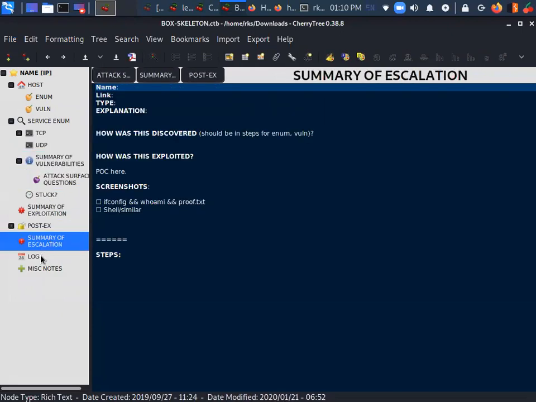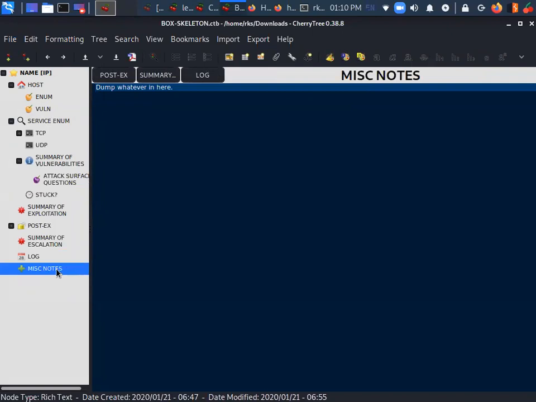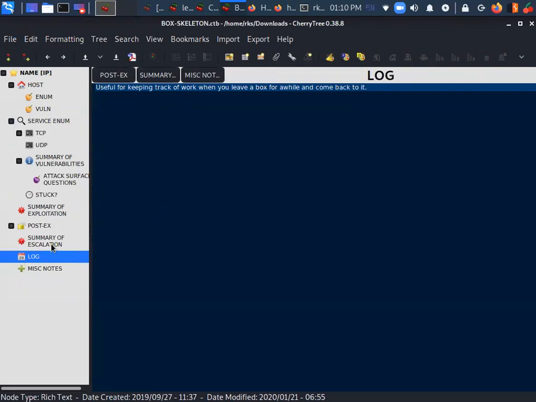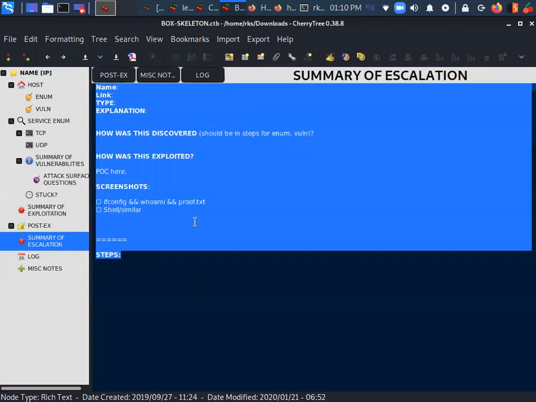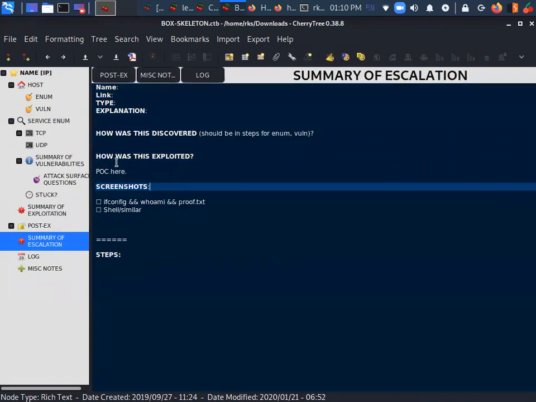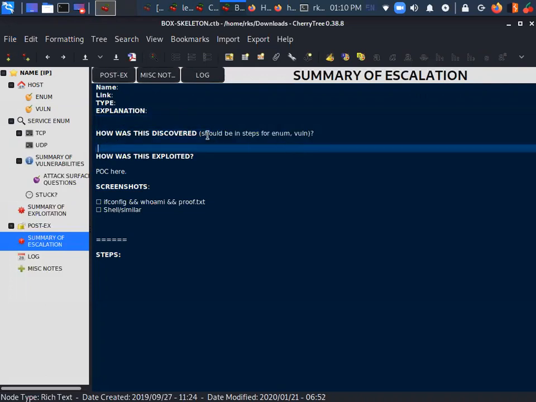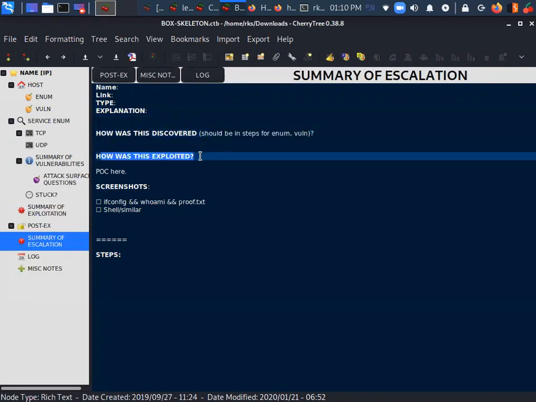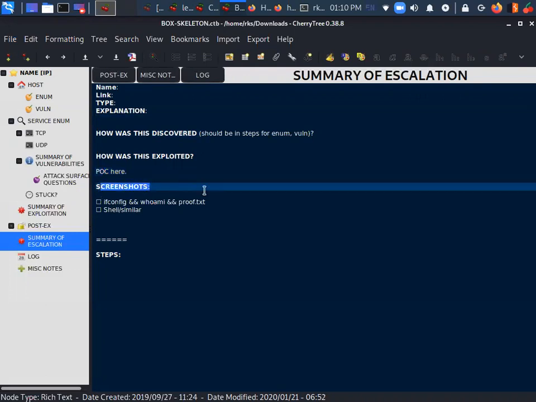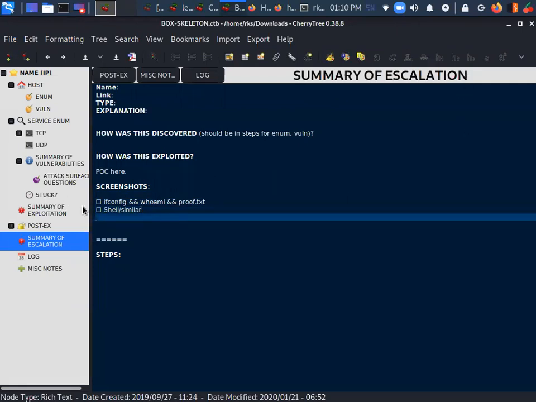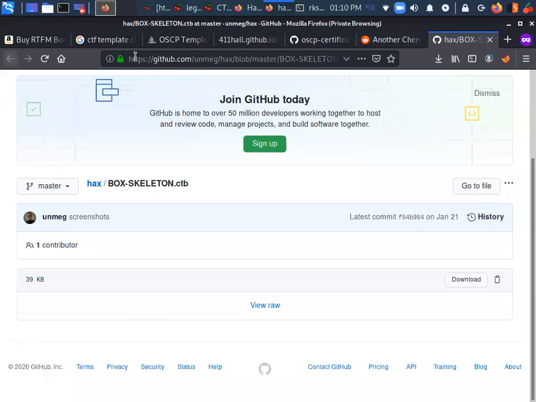Miscellaneous notes, dump whatever is in here. Some logs, summary of escalation. Here you can create your own summary. Name, link, type, brief explanation. How was this discovered? Should be in steps for enumeration and vulnerability. How was this exploited? POC here. Screenshots of ifconfig, whoami, proof.txt. So these are two templates that I would like to share with you.